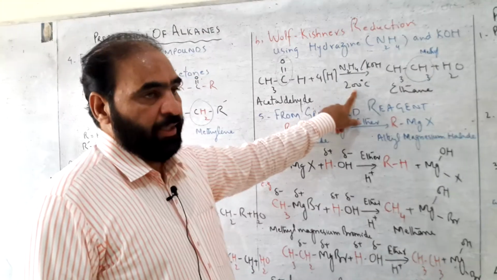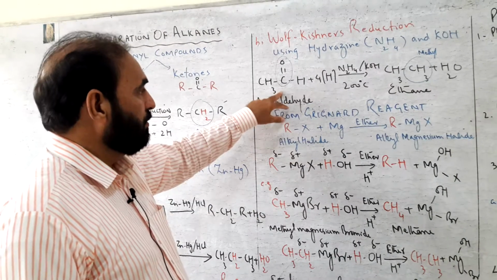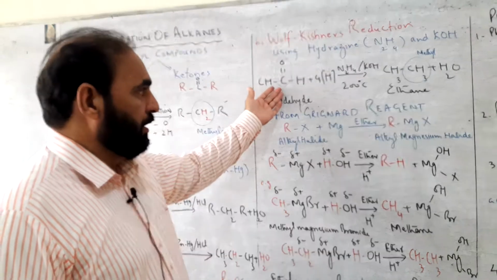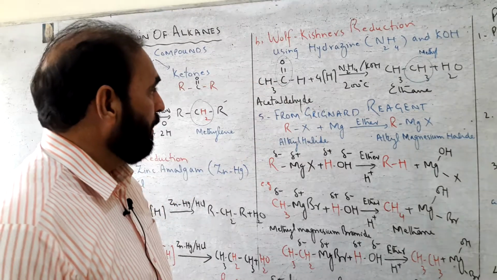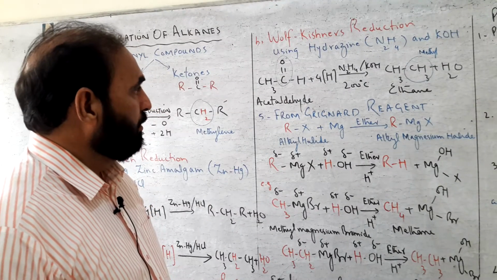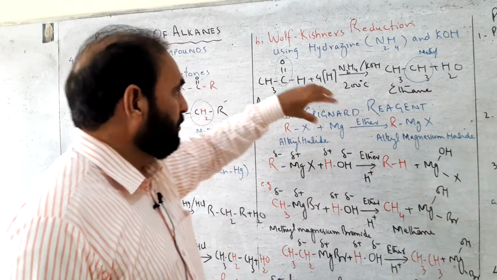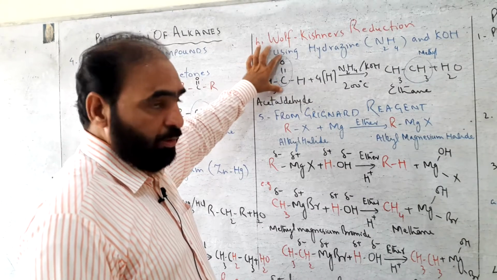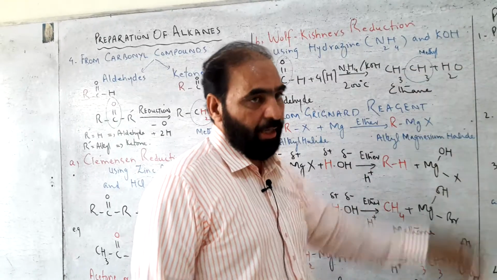A temperature of 200 degrees centigrade is maintained. Two hydrogen atoms take oxygen and go to water, and the remaining 2 hydrogens combine with the carbon of the carbonyl group and change it to a CH2 group, or a CH3 group if the starting compound is an aldehyde. Then the carbonyl group is changed to a CH3 group, which is called a methyl group.